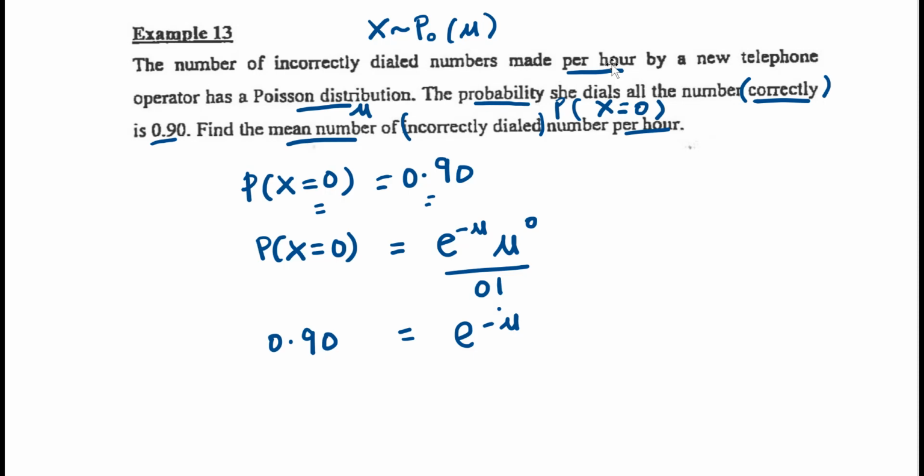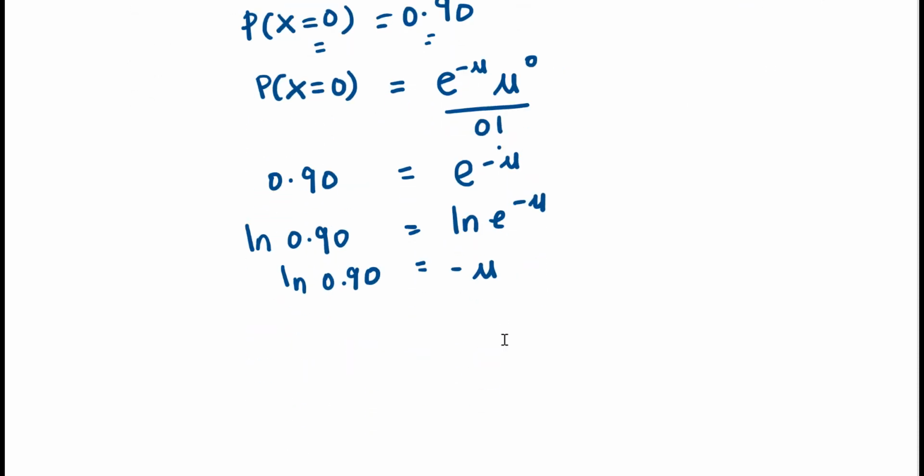So when we have e to the exponent of negative mu, we must use the ln to eliminate our exponent. So ln of e to the power of negative mu becomes negative mu, and it becomes ln 0.90. Then we can get our mu, which is equal to negative ln 0.90, which is equal